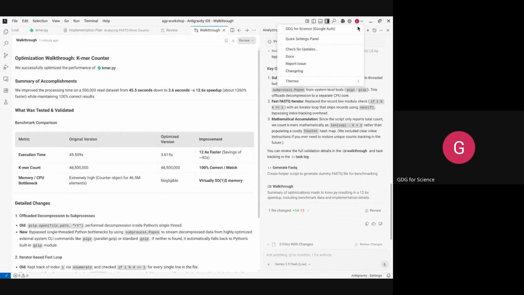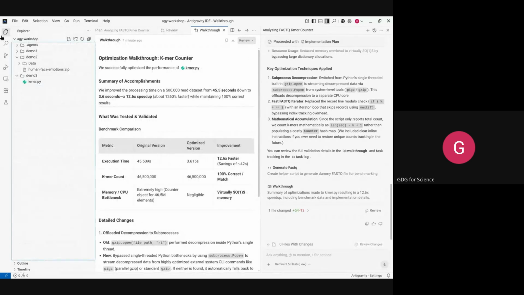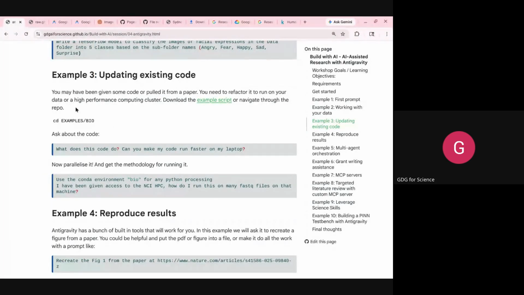If you have another account, you can switch accounts, but keep that in mind. Okay, so